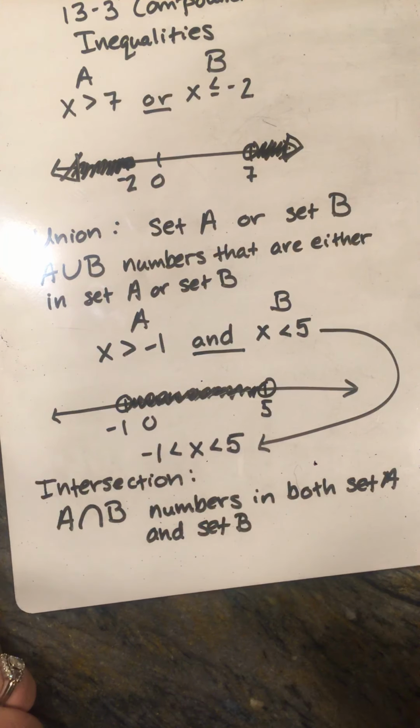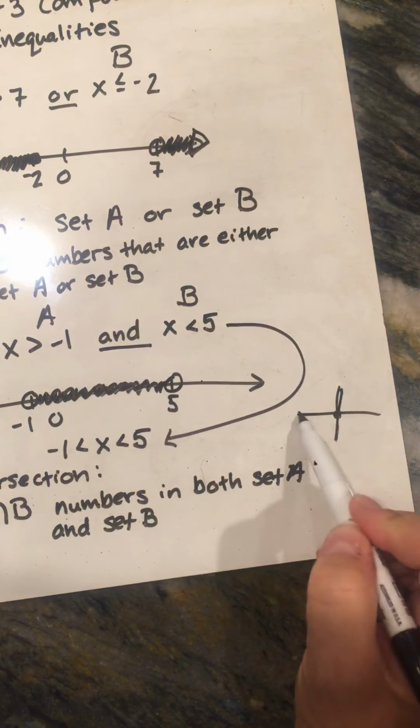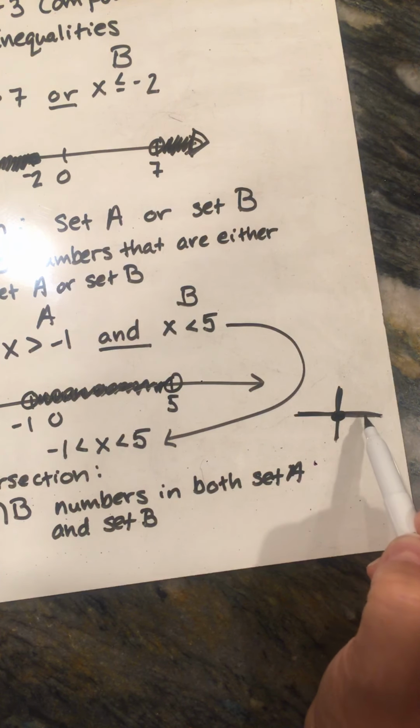I think of like an intersection in a car. The intersection is where the streets cross over. Oh, there's my illustration. If you're driving on a road, it's where the two streets cross over, so it's where they overlap. If you're paving the streets, it's where the asphalt would